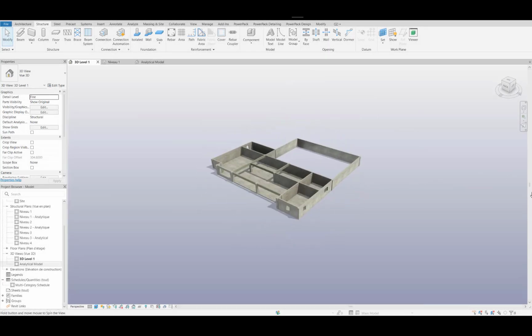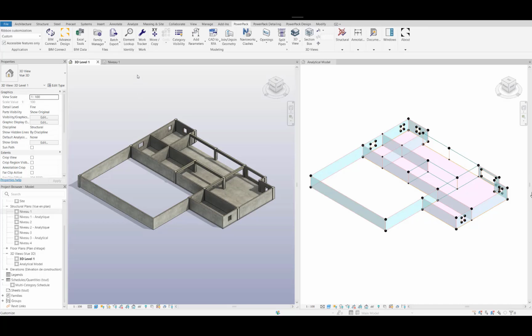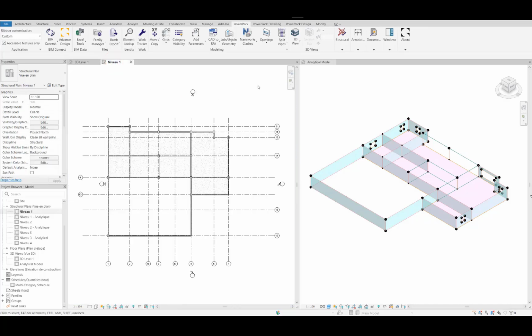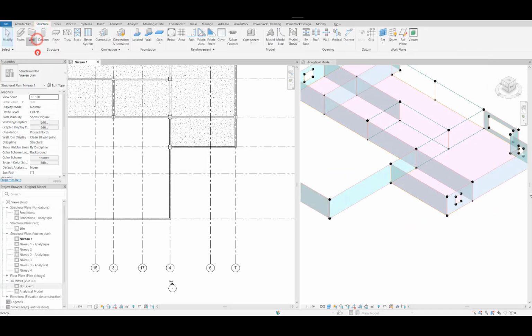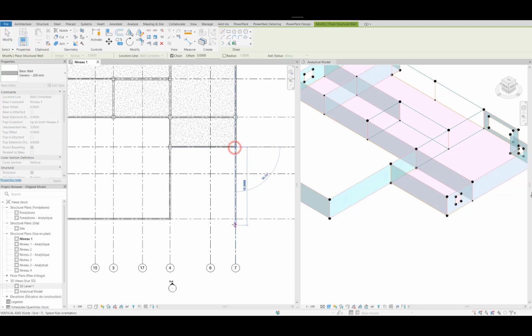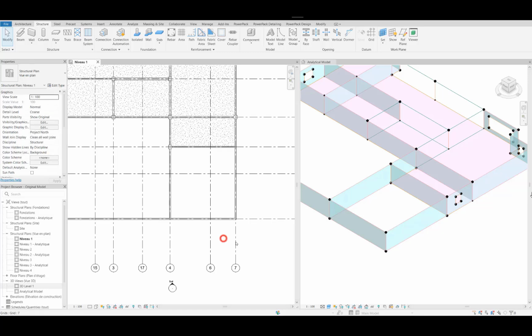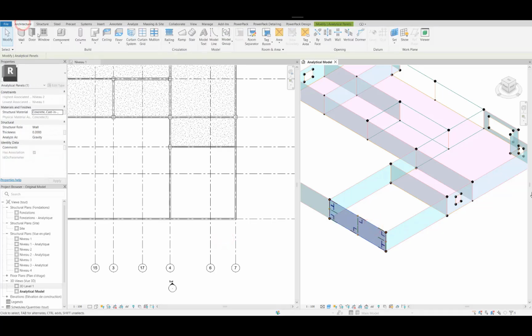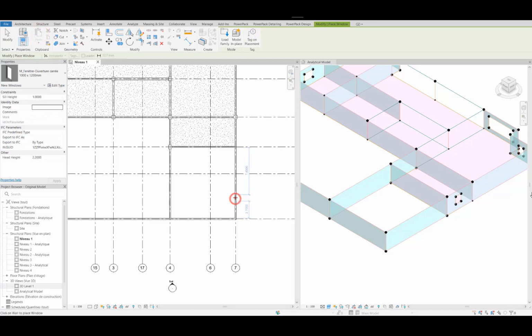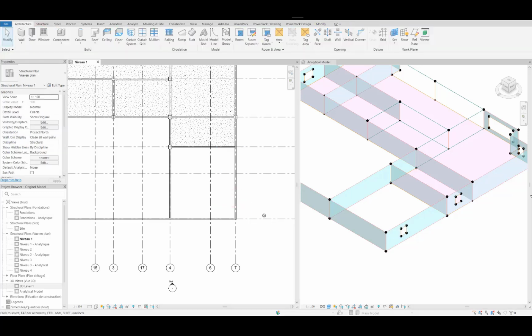So here we isolated just one level of the project. Let's activate the automate analytical model. We are going to draw walls, and you will see that automatically two panels will be created according to the geometry, and if we select the panel, all the properties will be there.